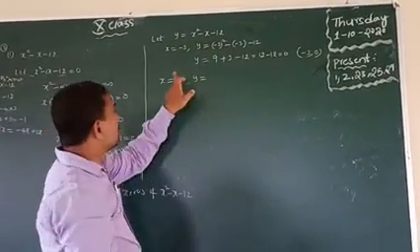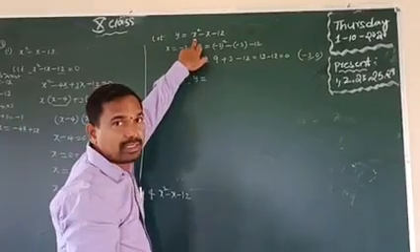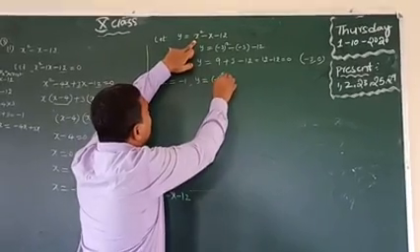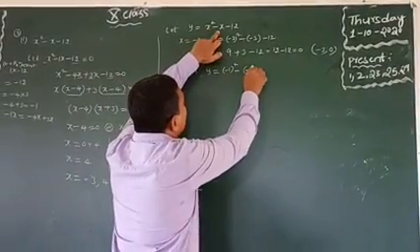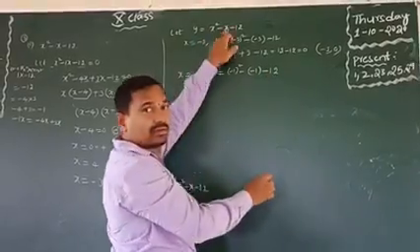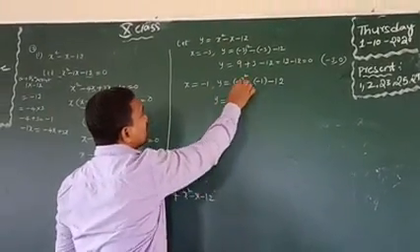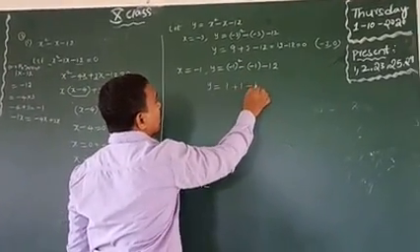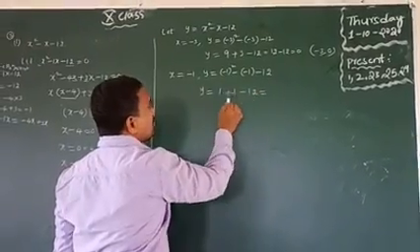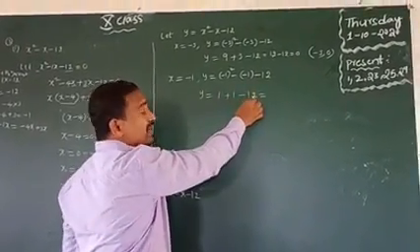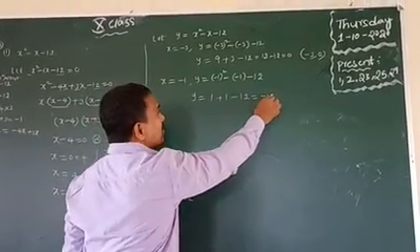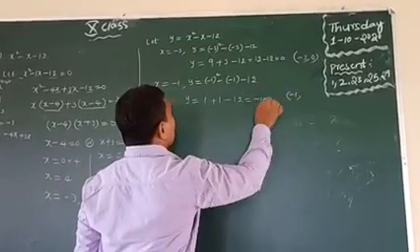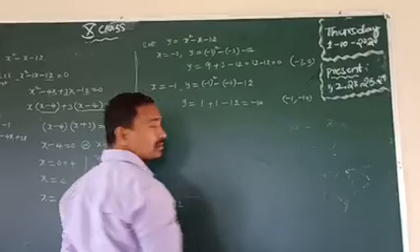Substitute x equal to -1 in the y value. y equals x square minus x minus 12. So y equals (-1) whole square, which is 1, minus into minus plus 1, minus 12. So 1 plus 1 is 2, 2 minus 12 is minus 10. Now what is the point? Coordinate, x value first, then y value: -1 comma -10.